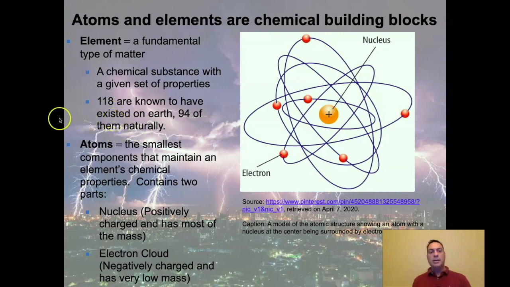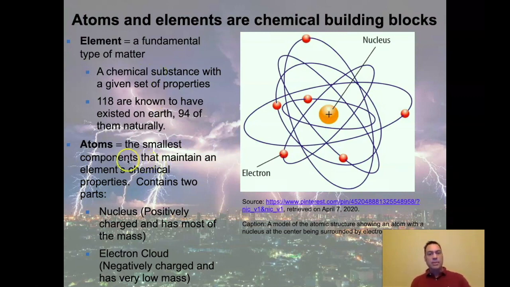Essentially, all of these fundamental pieces of matter, these 118 different varieties that we find on Earth, are all composed of these things called atoms. I'm sure you've heard about atoms since you were in third grade, but we're going to build the atom out because once you have the atom put together, you can actually stack some really interesting knowledge on top of that. And we're hoping to finish up with some pretty good understanding.